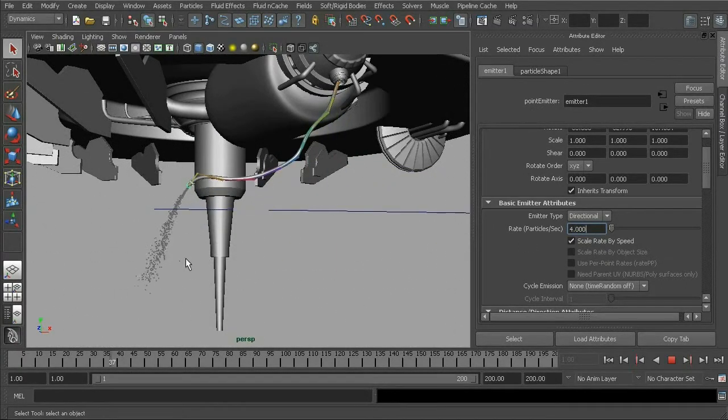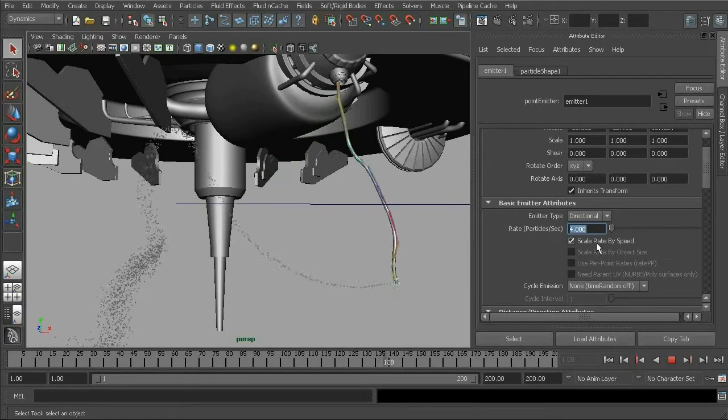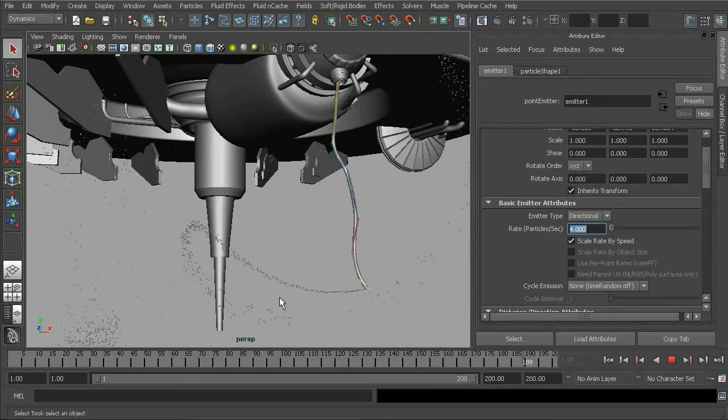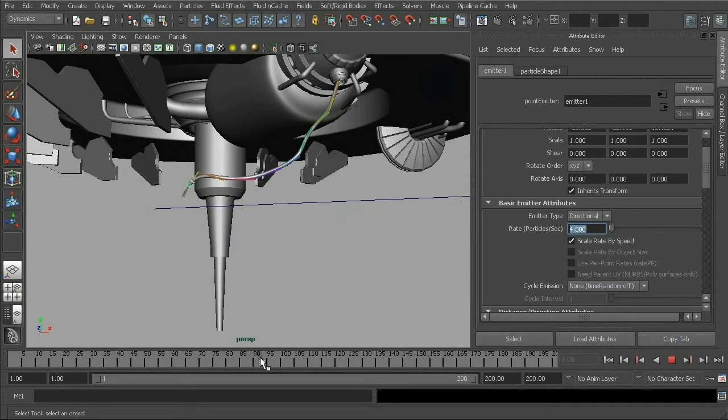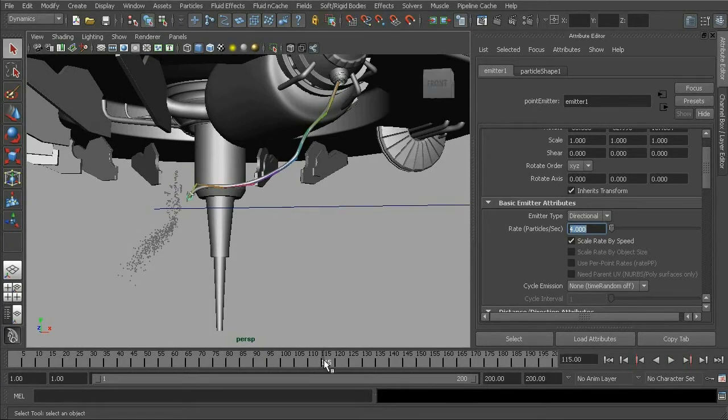There we go. So that should work out pretty well. So this rate of 4 with a scale rate by speed, again, this should work out pretty well for us. Now, what we need to do is keyframe this so that the particles don't start to emit until right around frame 115 or so. So let's go to frame 115, and with this rate set to 4, let's right-click and